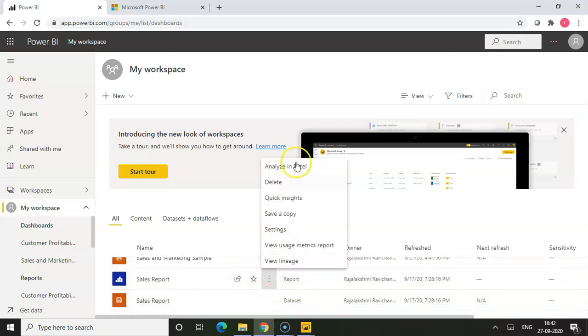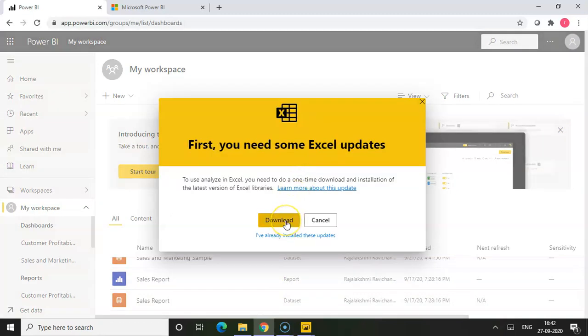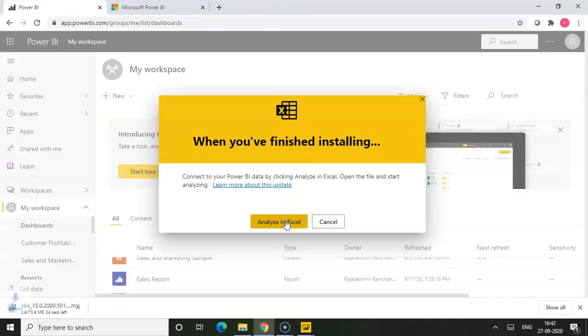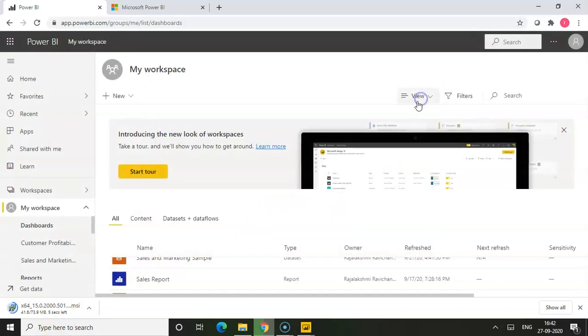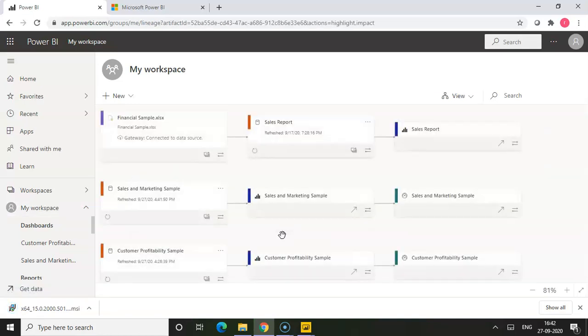From here you can give Analyze in Excel, which will ask you to download. And if you want to use the datasets, you can download, or if you want to delete, rename, or view the lineage information.